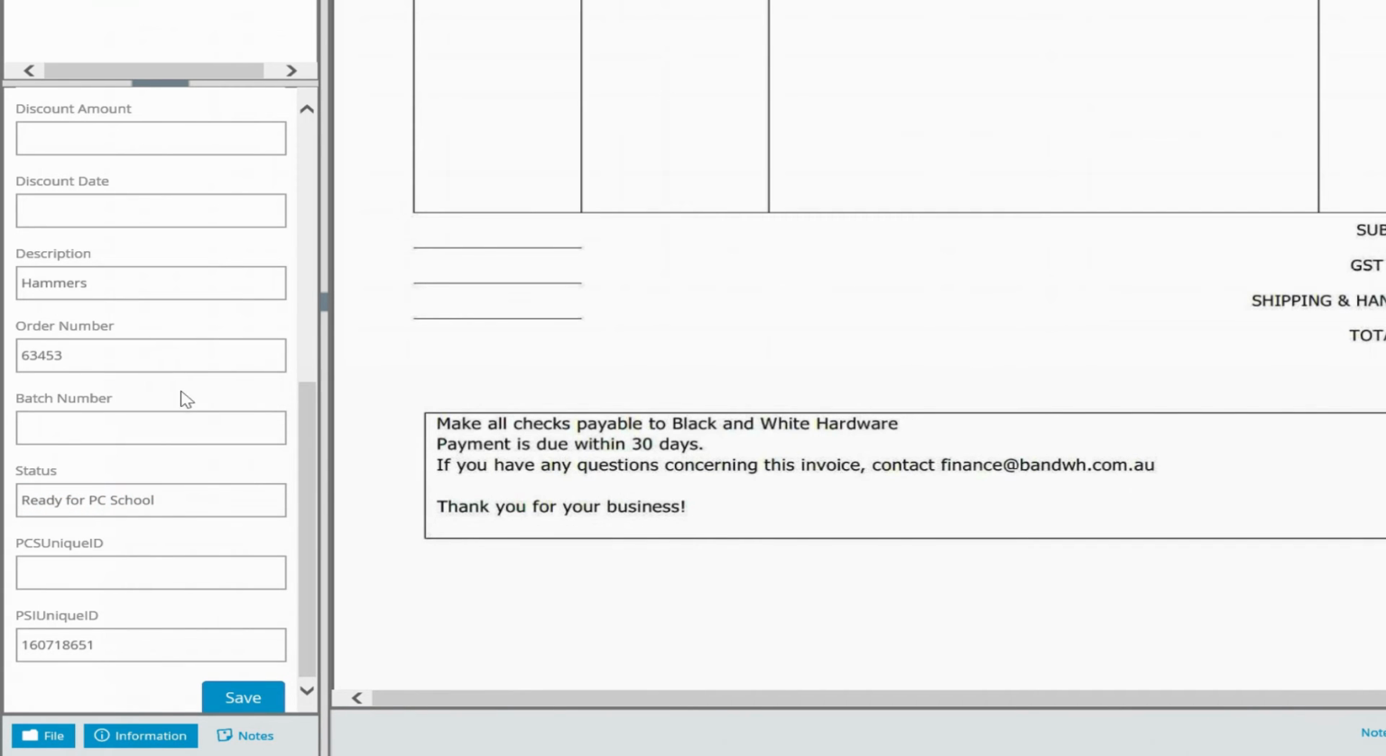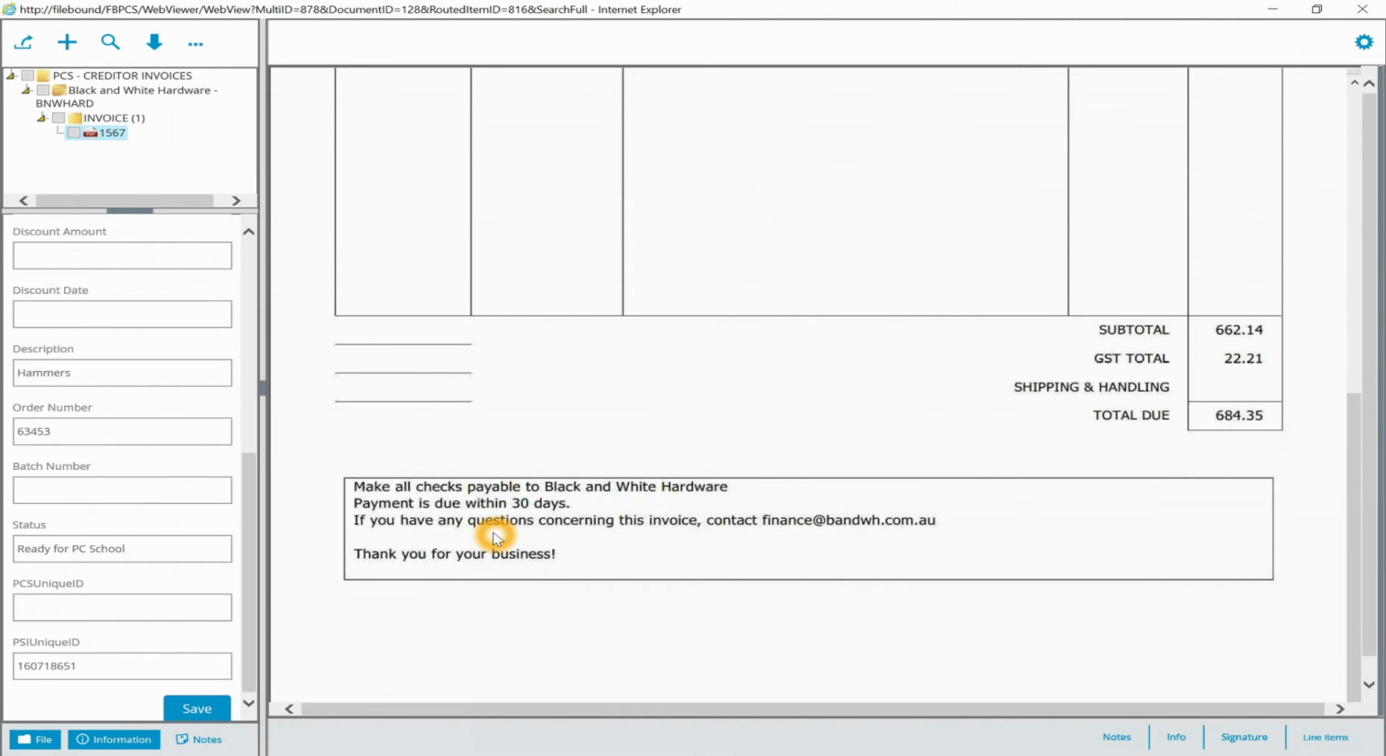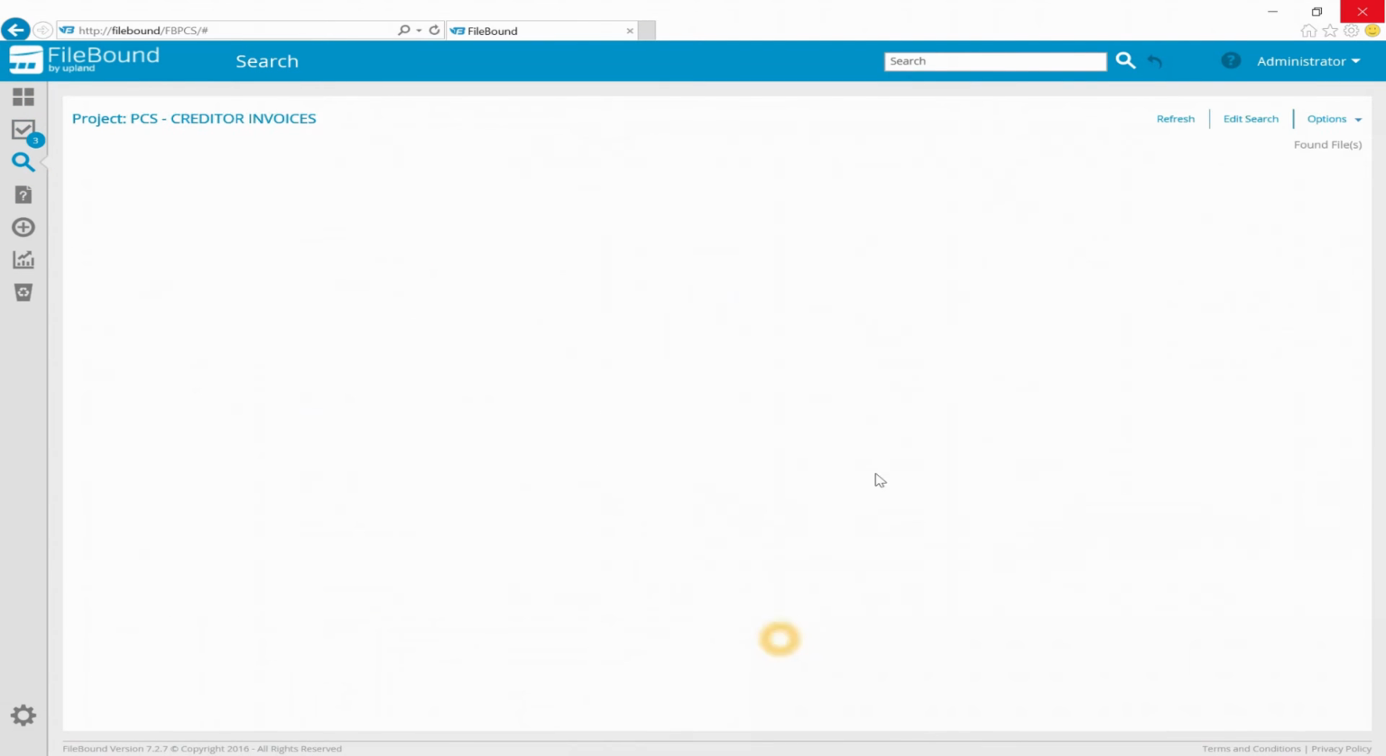So this one here, the status has changed to ready for PC School. Behind the scenes, the integration platform will pick up this particular invoice metadata and send the data over to PC School and ingest it. Okay, now that the integration is complete, we can go back into our search results